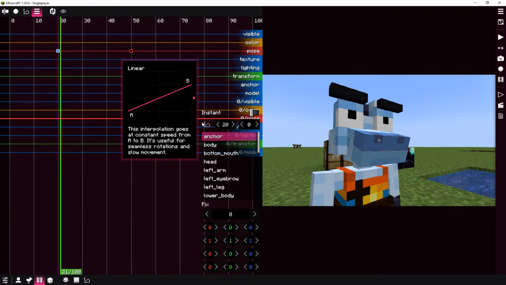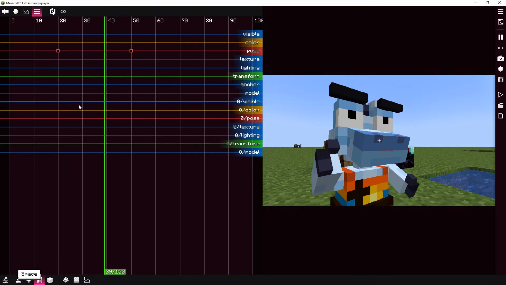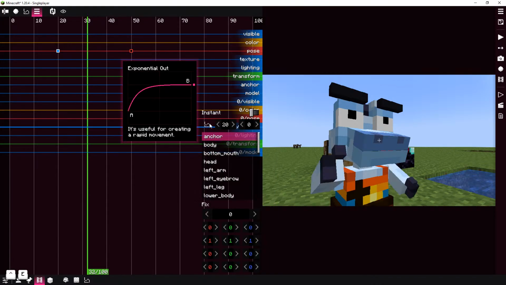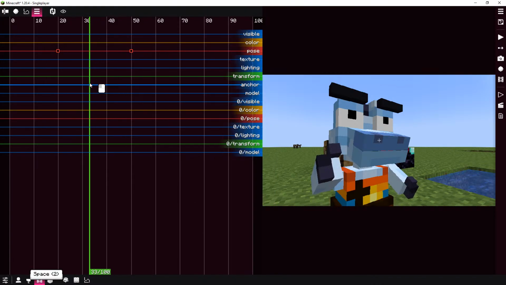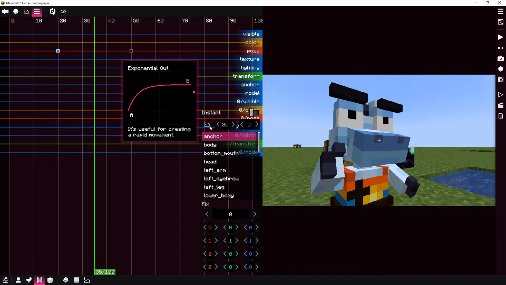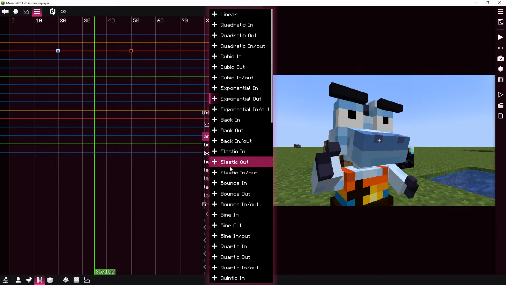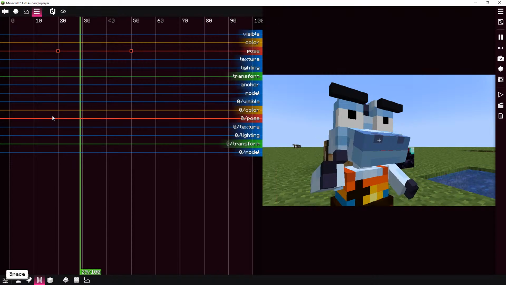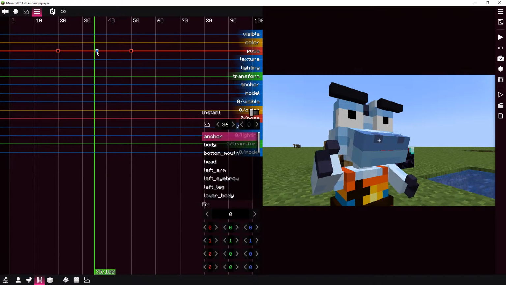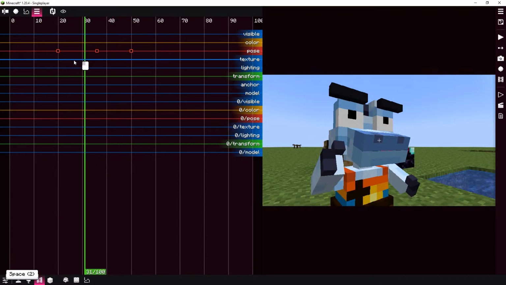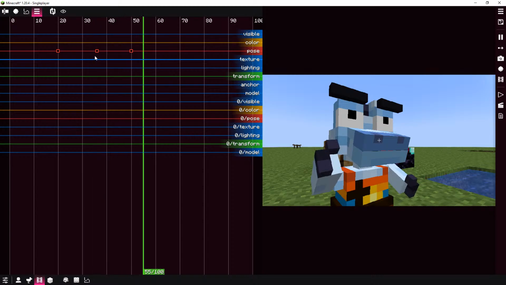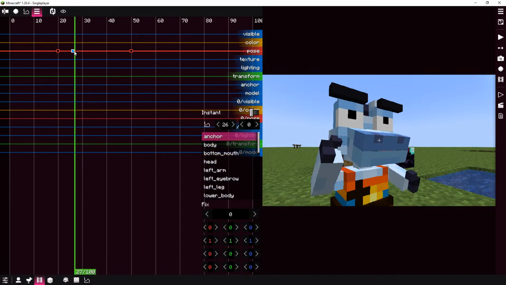Okay, basically I'm gonna show right now. So if I take, for example, elastic out, if I create here, then the elastic is gonna be different. For example here,